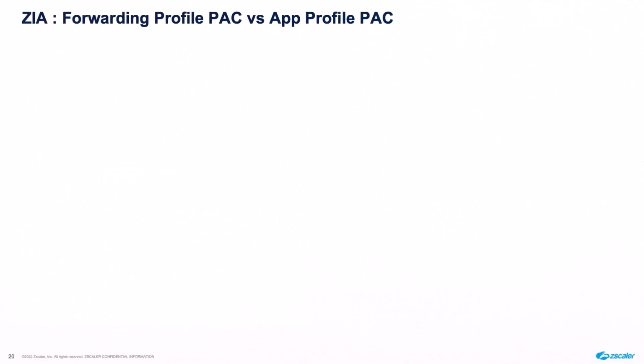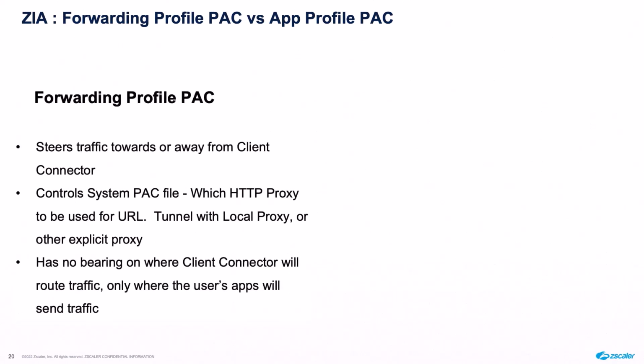Let's explain the difference between a forwarding PAC and an app PAC in more detail. A forwarding profile PAC gets defined within the forwarding profile and it steers traffic towards or away from the client connector. It's essentially the system PAC file, which HTTP proxy is going to be used for a specific URL. If it's the PAC file for tunnel with local proxy, it's going to point traffic at the loopback address or another explicit proxy. It has no bearing on where the client connector will route traffic, only where the user's applications